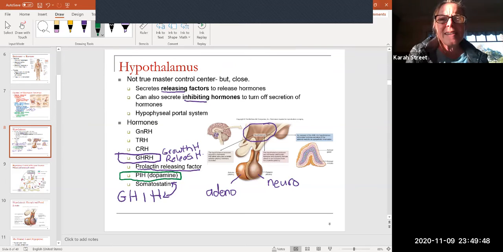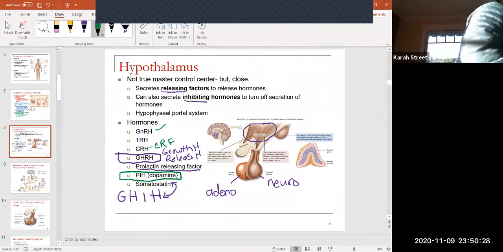GnRH, I'm just going to tell you what these abbreviations mean, but you're going to see them again. GnRH stands for gonadotropin releasing hormone. And again, in your book, you can find a handy dandy chart that tells you what these abbreviations are, tells you the full name, and what that hormone will do. In fact, it's part of your homework packet. TRH stands for thyrotropin releasing hormone. CRH stands for corticotropin releasing hormone. Some books call it CRF for corticotropin releasing factor. So those are all